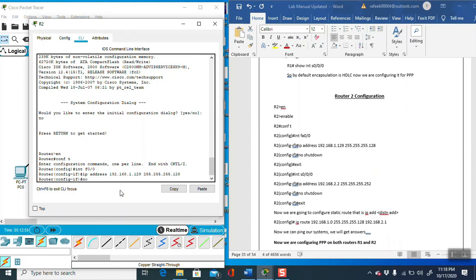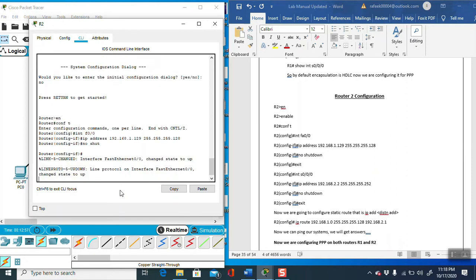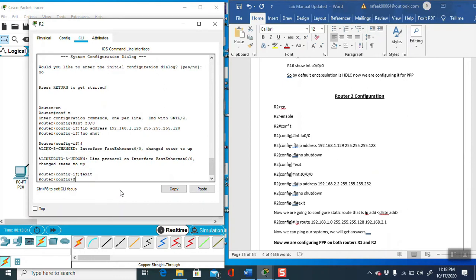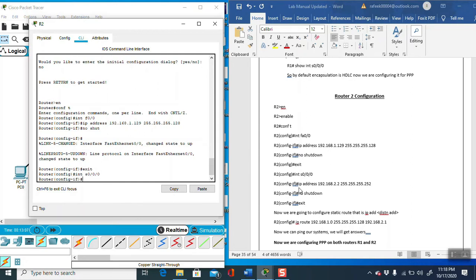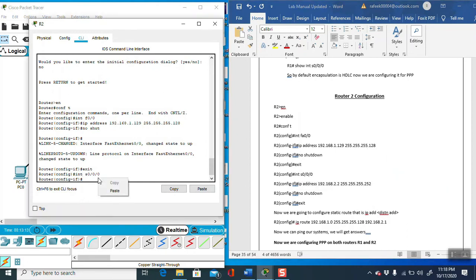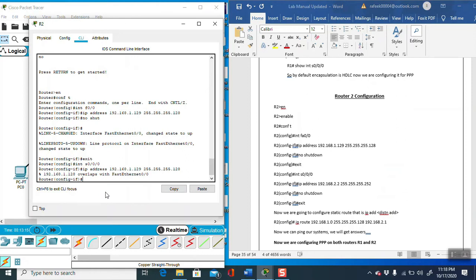No shutdown, exit, interface S0/0, IP address.